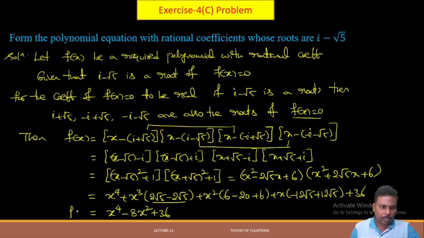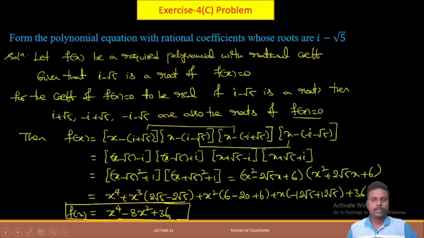So the required polynomial with the rational coefficients is x to the power 4 minus 8x square plus 36. Okay,